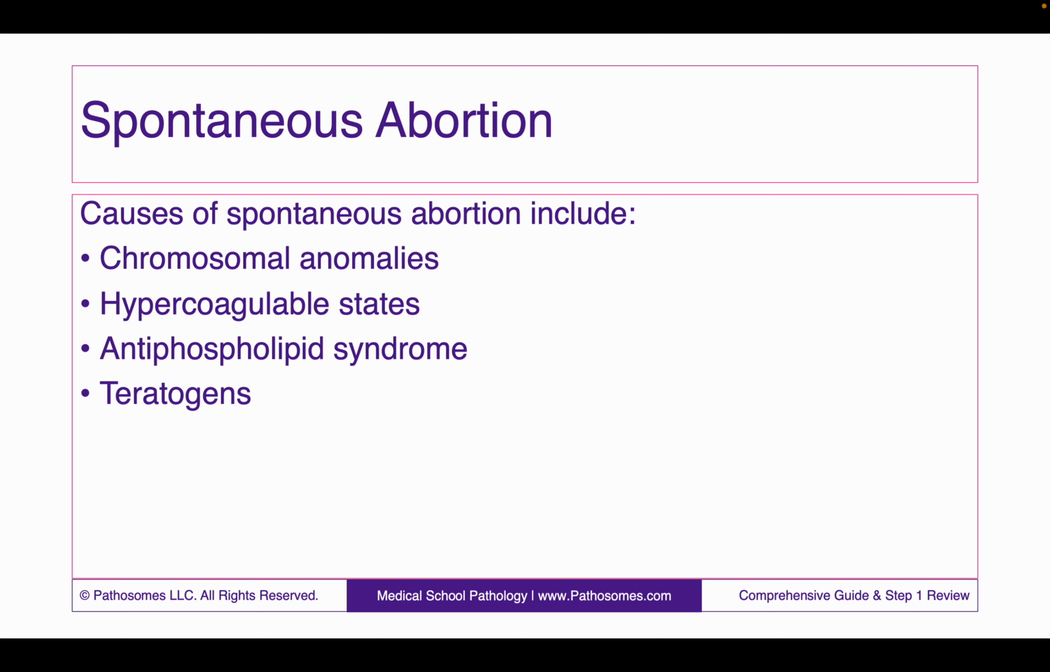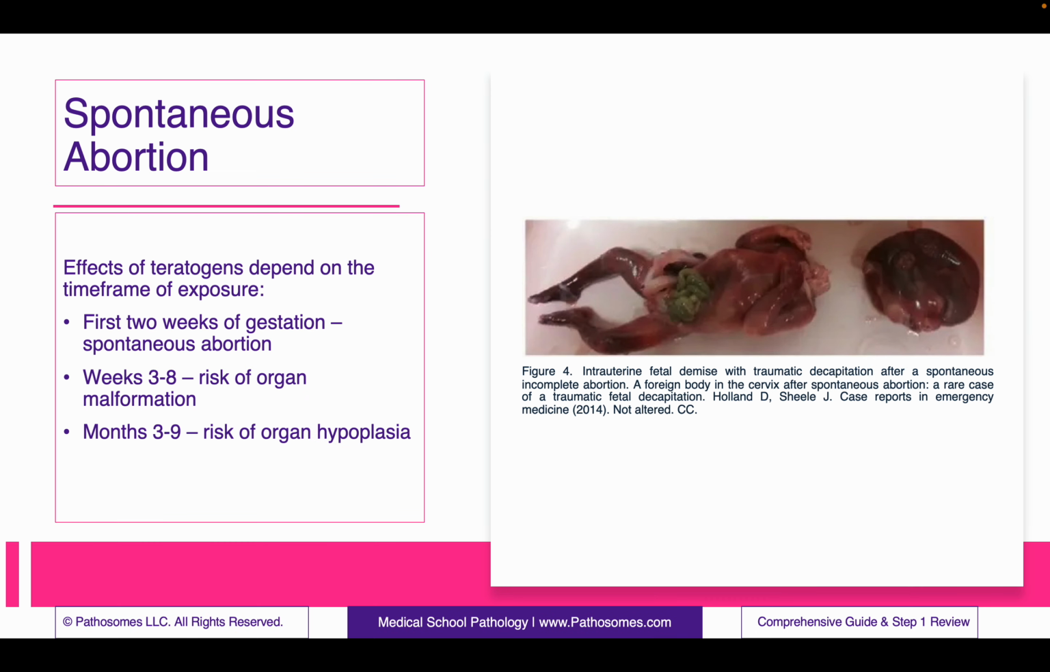Can you think of any? Maybe what's the thing that causes hydrops fetalis with the malfunctioning hemoglobin? 4 alpha chains, right? You know that. Or 4 defective alpha chains that are inherited. Hydrops fetalis. You can have chromosomal anomalies. Hypercoagulable states can do it. Antiphospholipid syndrome and teratogens, right? Effects of teratogens typically occur within the very first